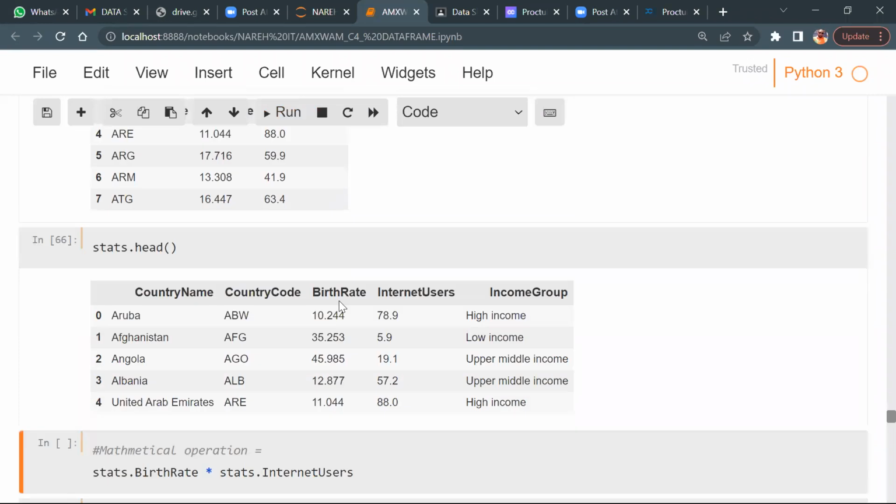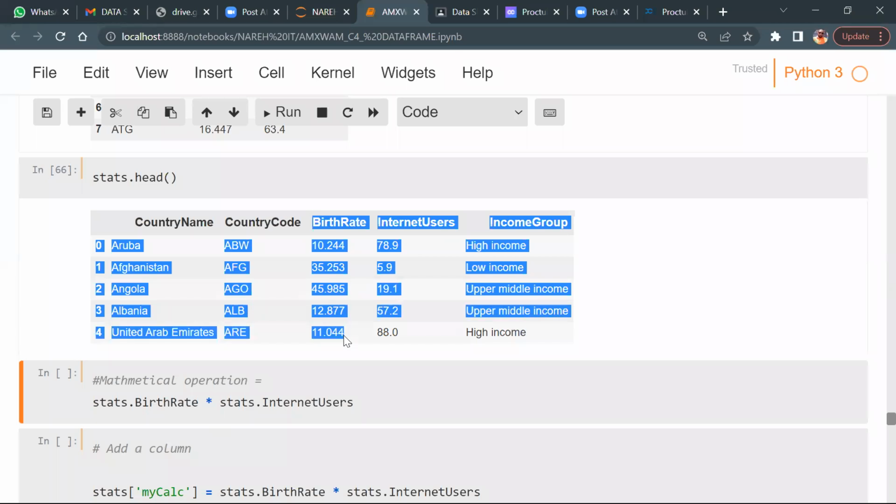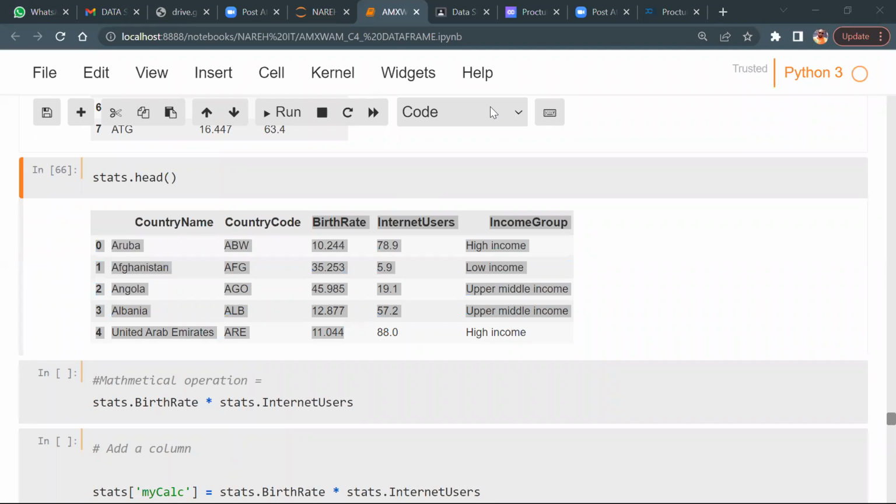Now let me ask you questions. Mathematical operations. Can I do 10 into 78? What is the output, guys? 780, right? So look at this, stats dot birth rate, this column's information, into stats dot internet users. Is it possible or not?